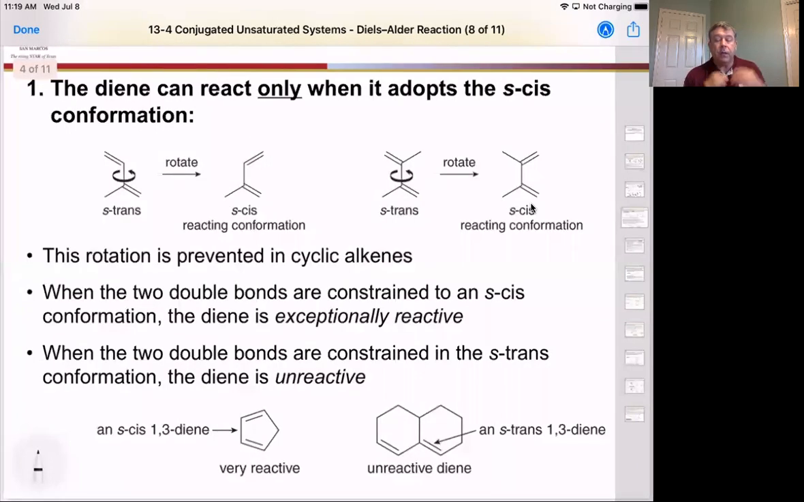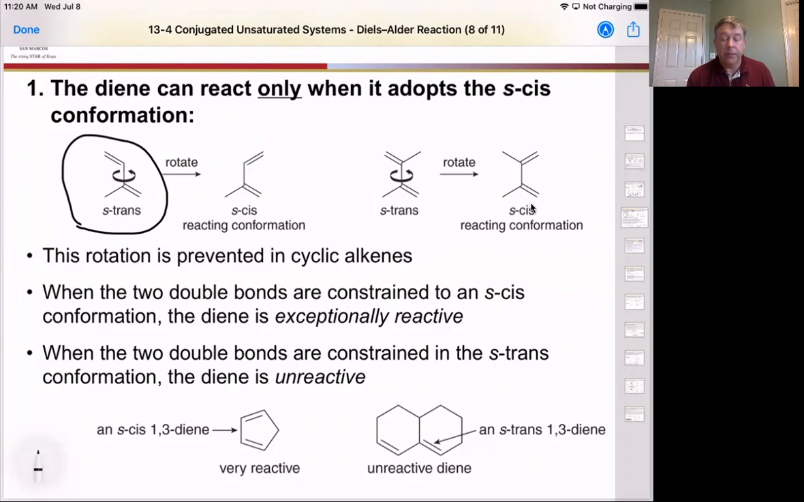Okay, so we have some rules associated with the Diels-Alder reaction. First and foremost, the diene can only react if it adopts that s-cis configuration. They have to be facing the same direction to be able to do this reaction. So in the case of, if we had this methyl